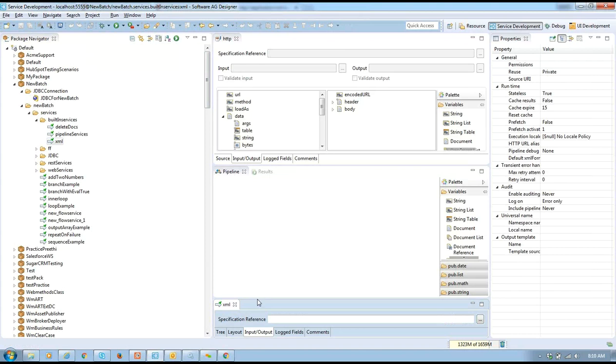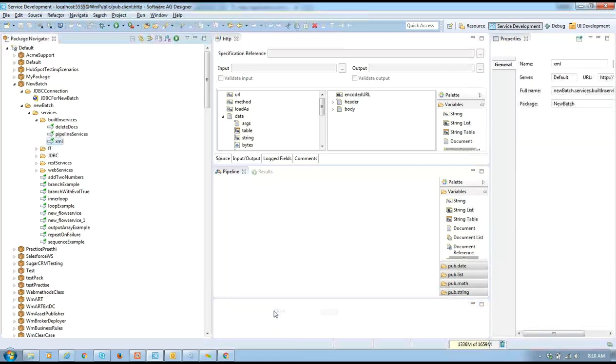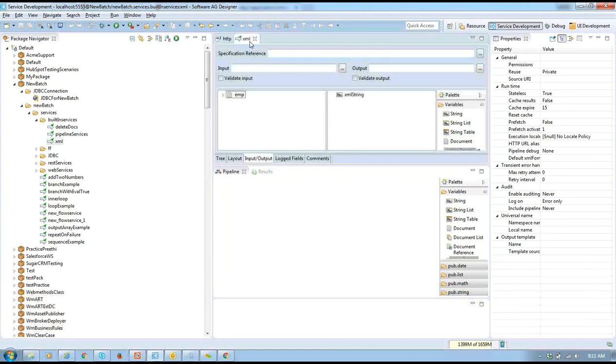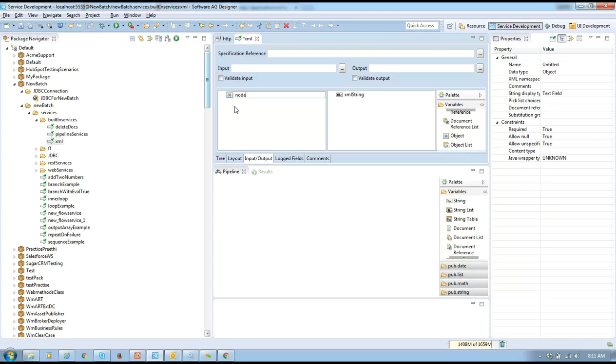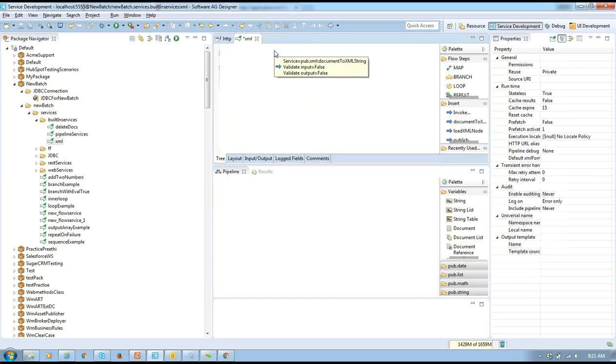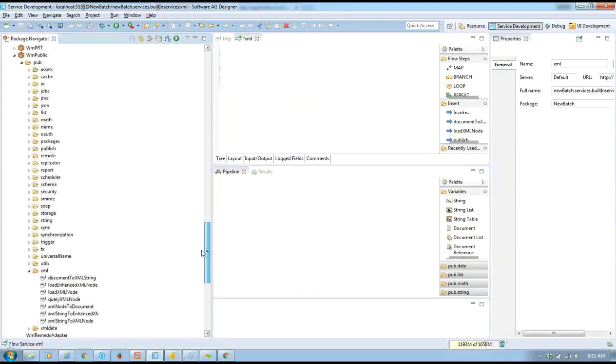The XML you are receiving from the customer will be in the form of, one second guys, it's coming. So your input will be of type node, object type, it is a node. Okay, so once you receive this XML node, you'll convert it. Oh sorry, the first service should be